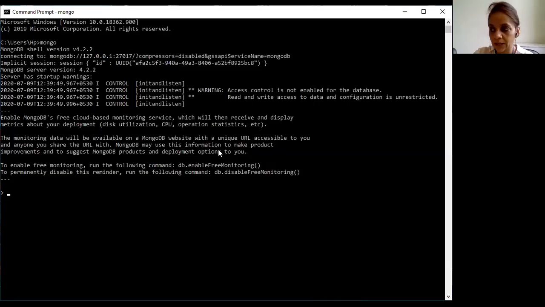So I have already started the MongoDB server, and right now I am in the Mongo shell. For this, firstly we will see how to create a user in MongoDB.